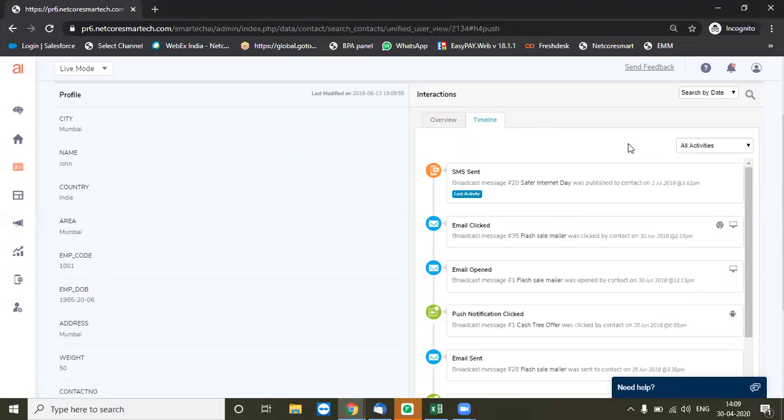So why this is critical to interconnect all these touch points of a customer is simply to get a unified profile of a customer and to understand what are his preferences in terms of his channel, in terms of his reachability time, in terms of what products he likes on the website. So even that is very critical.